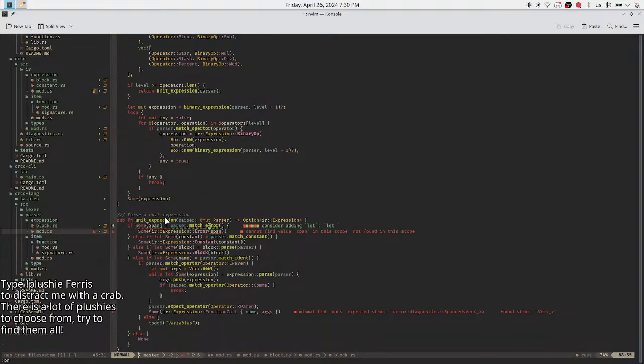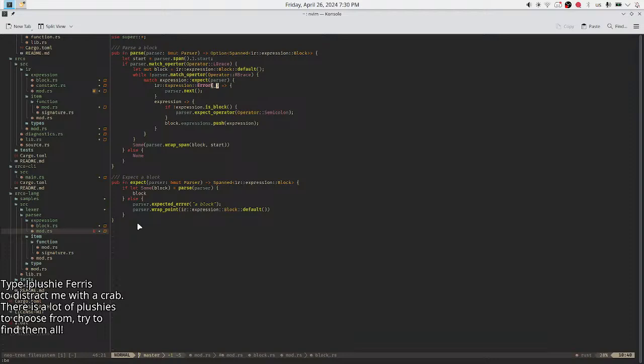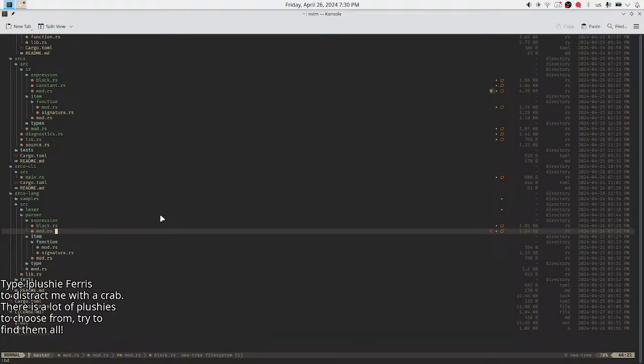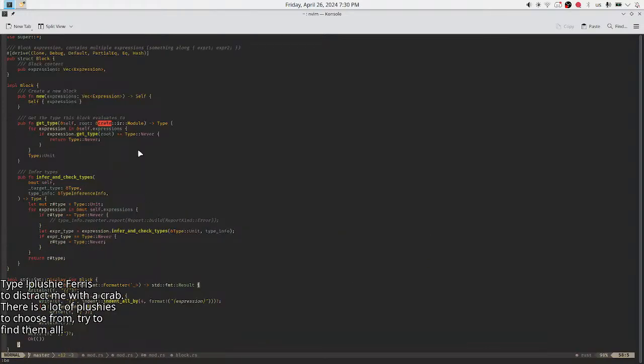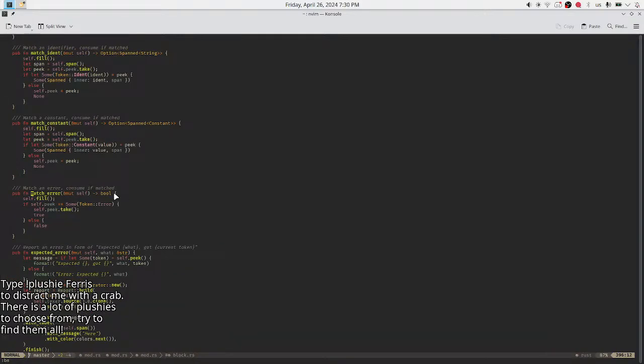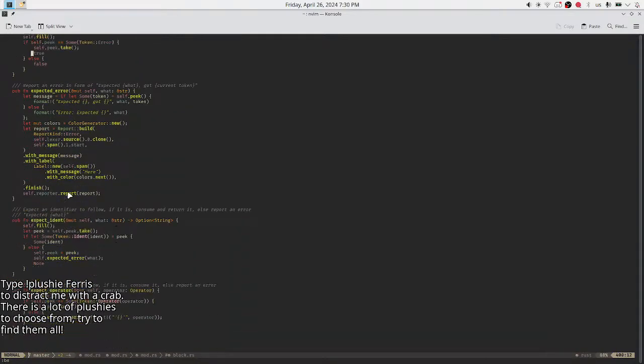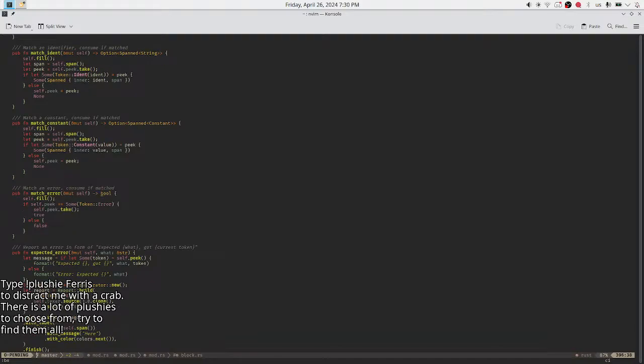Next, if let some span. So I'm gonna go back to this later. This is a block. I'm gonna also go back to this later. This is here. I'm gonna need much error, which is gonna return an option of a span. Yeah, this is weird.